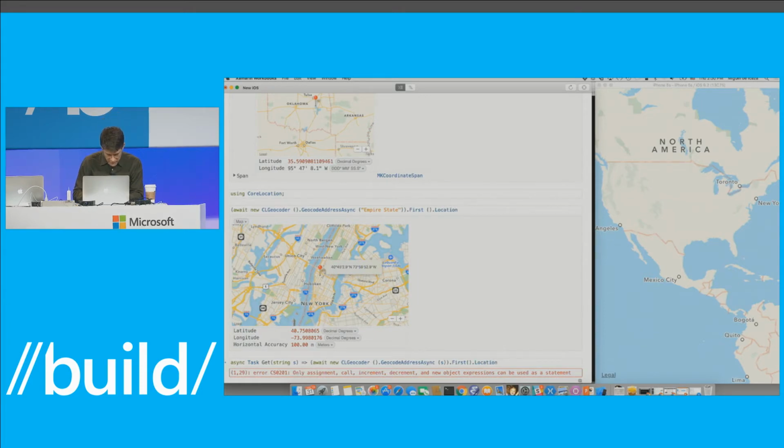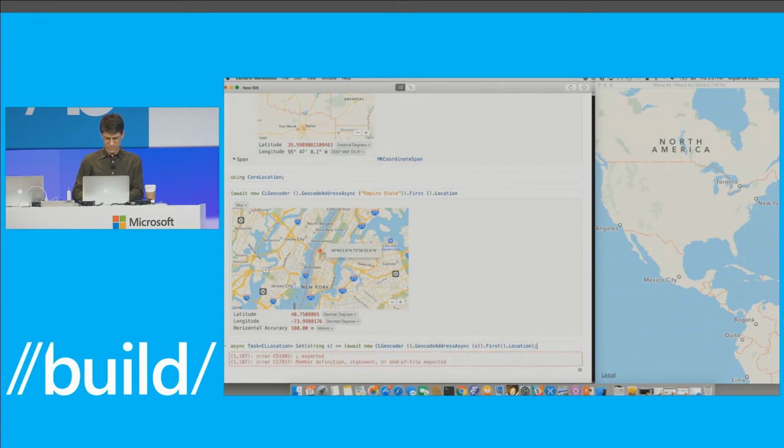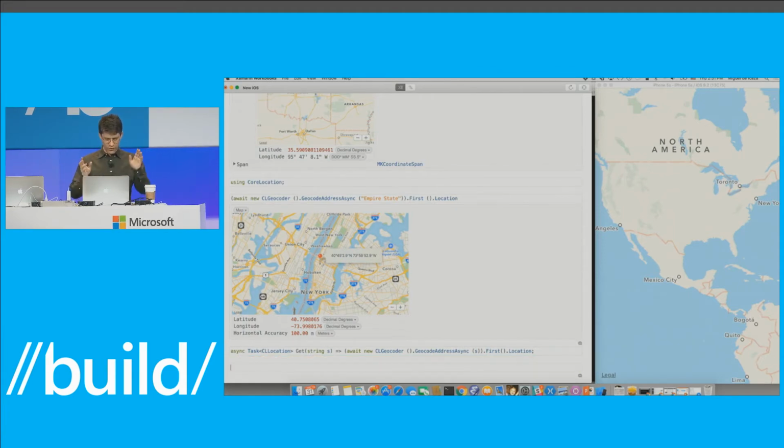What am I missing here? Is it a task of CL location? No, but I'm still missing something here. Oh, we have way too many parentheses here. Okay, woof, there we go.